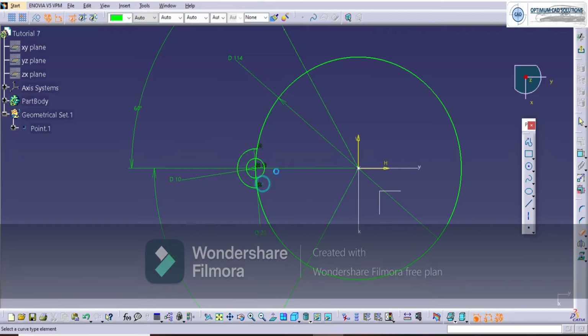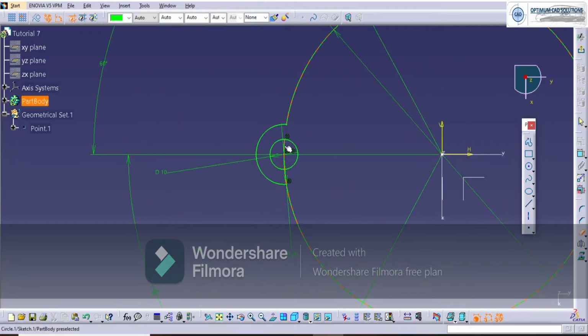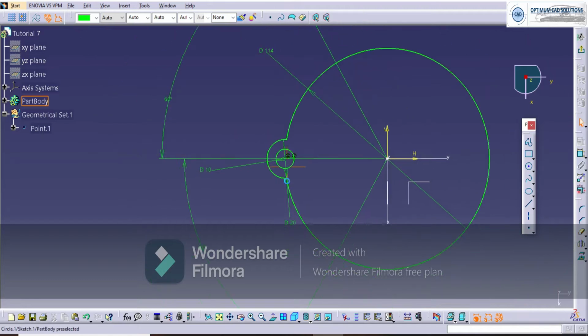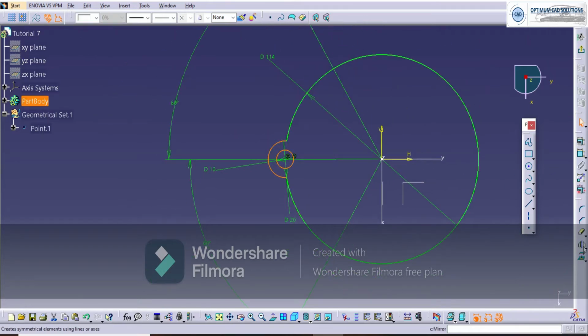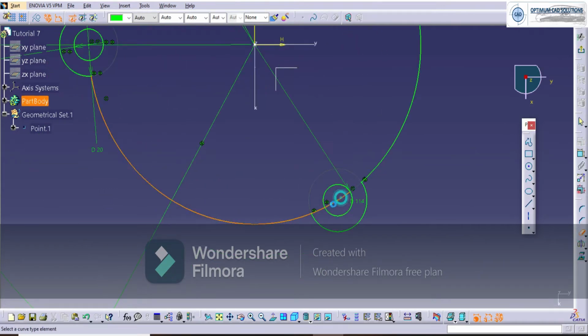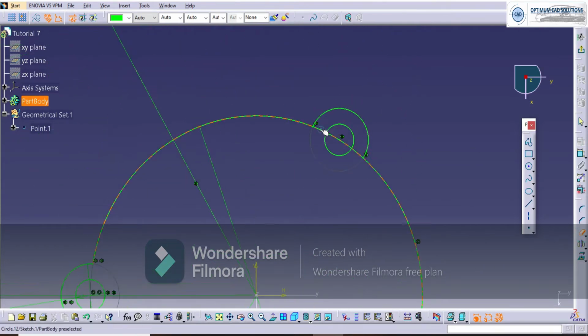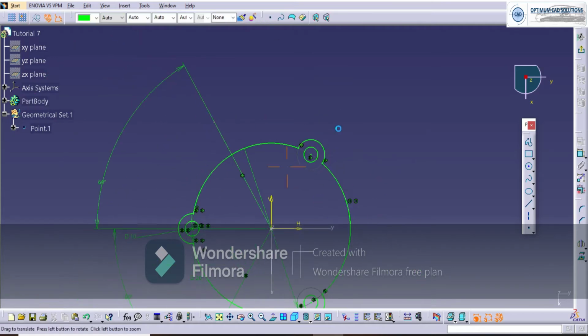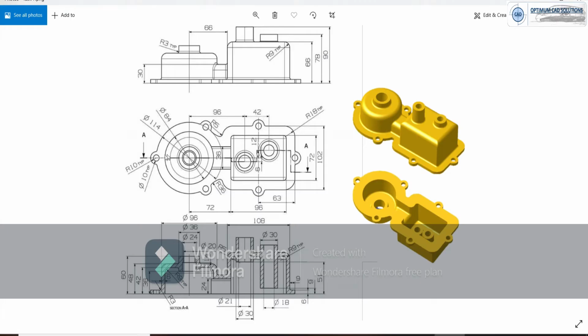So we'll use the mirror command and we'll remove the necessary entities from our circle. So here we used the mirror. Again we'll use the mirror. So the basic circle gets divided into three, that is 120, 120 and 120, and we'll use the mirror command for these three circles around the base circle.